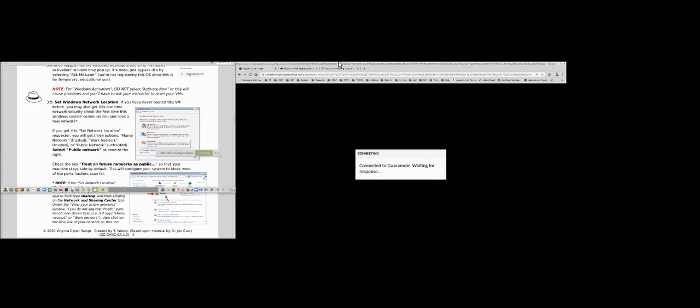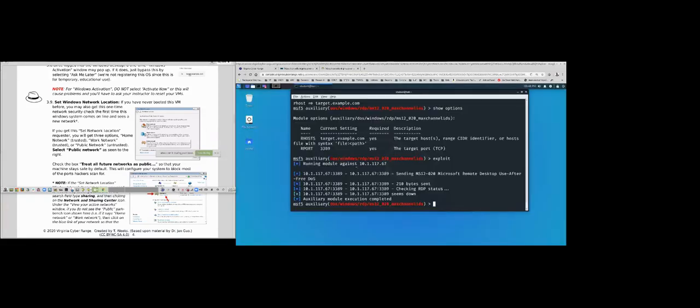This web interface, by the way, is a web front end to RDP. So it's trying RDP on the back end. As soon as RDP becomes available, it'll basically log back in. So this is a nice little exploit you can do. Again, this is